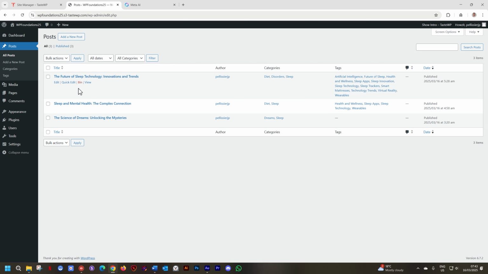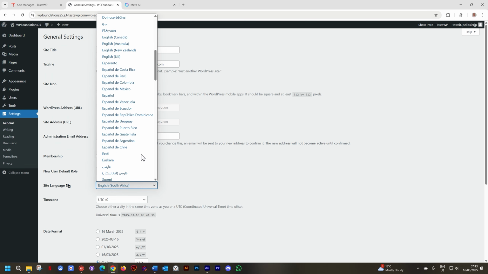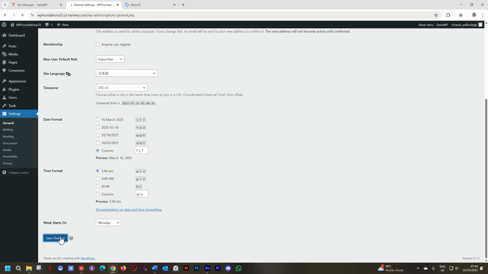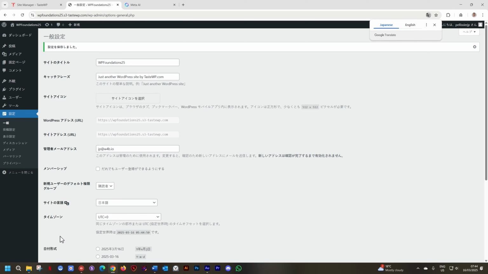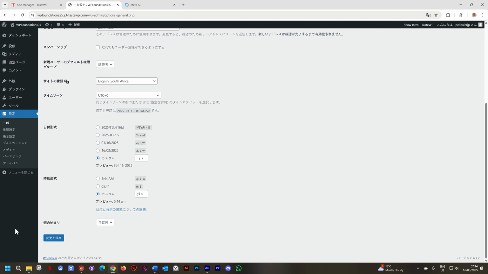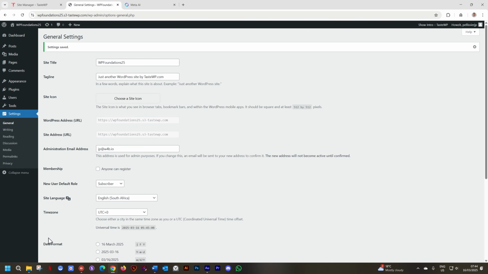And if you're using English from Australia or Great Britain, you may also experience a change here. If you go to your settings, General, and we choose a language like Japanese, let me find over here, and I say Save Changes, you're going to see a dramatic change to the interface. Japanese will know what's going on here. I don't. Luckily, this page is still on the settings, so I know here I have the little language switcher. I'll go back and put it on English South Africa. Update. And something I can work with returns.